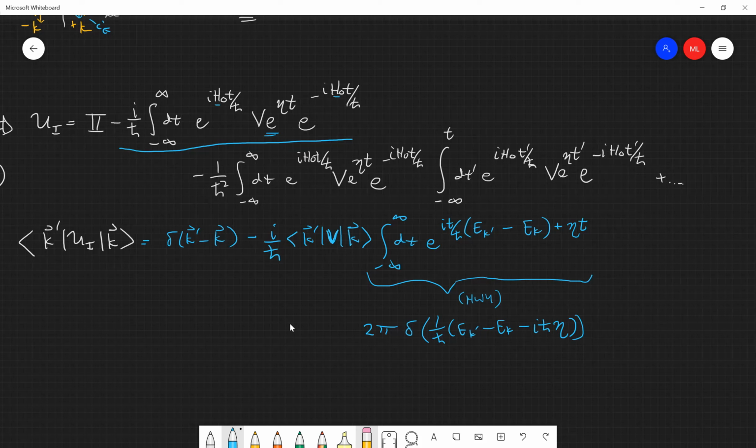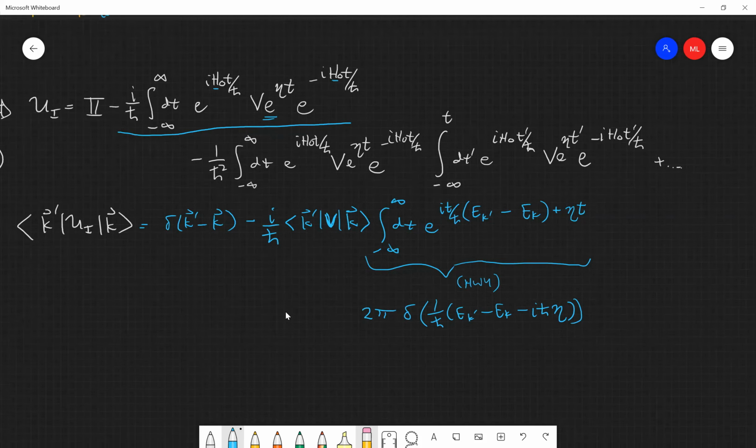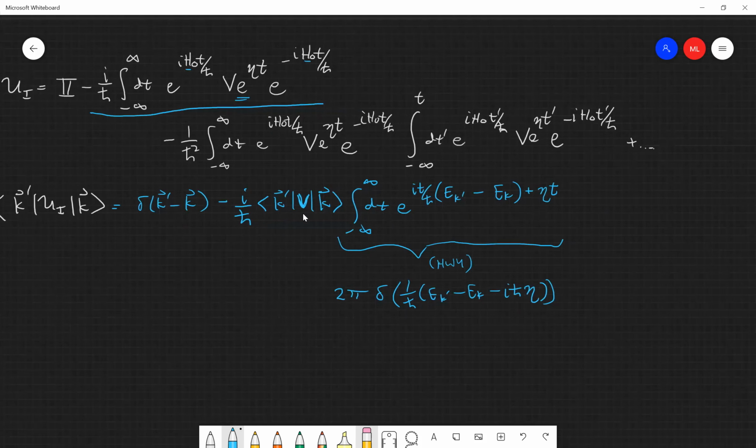Good. So now things get a little bit trickier when we deal with this next order term. So far we just have the first 2 terms, but we'll need to go a little bit further to really get things going. And by the way, you can factor out the 1 over h bar from everything, which